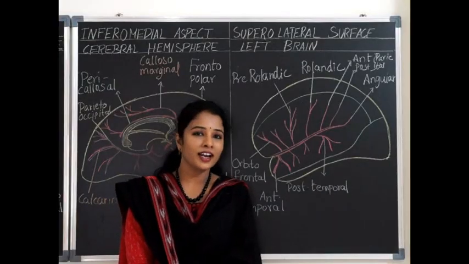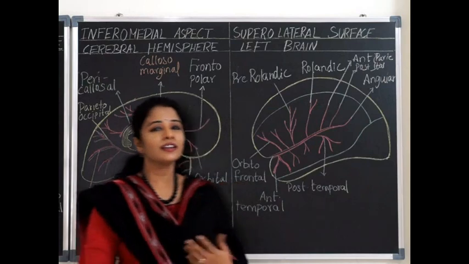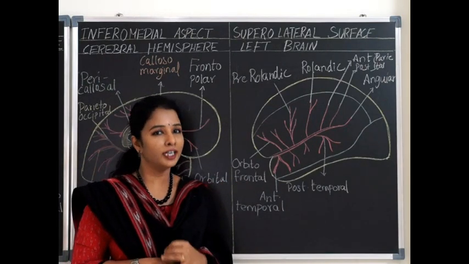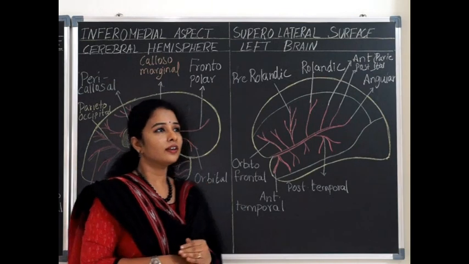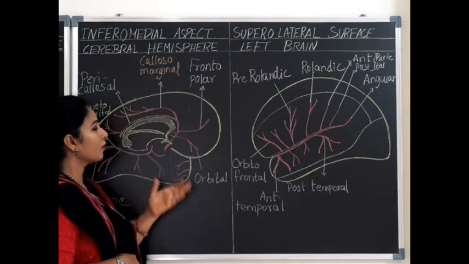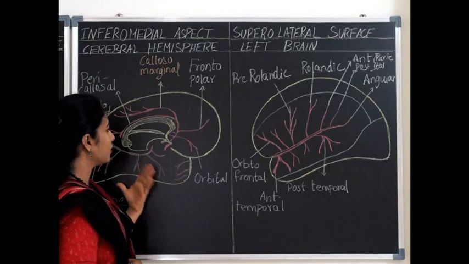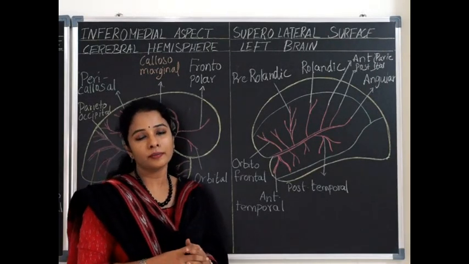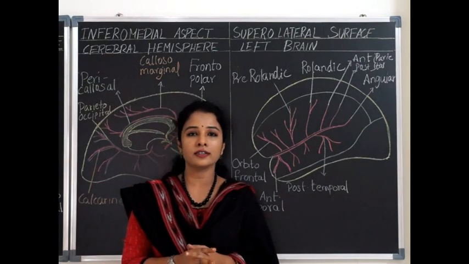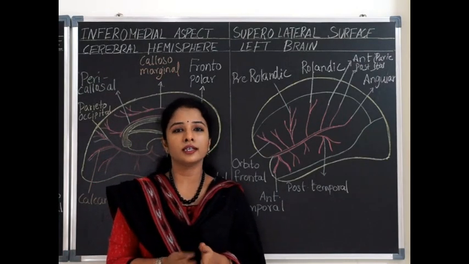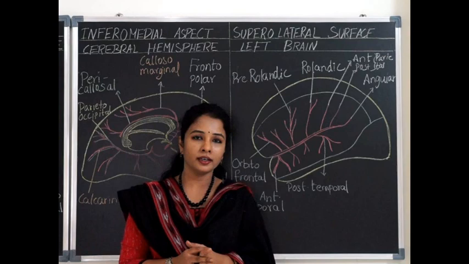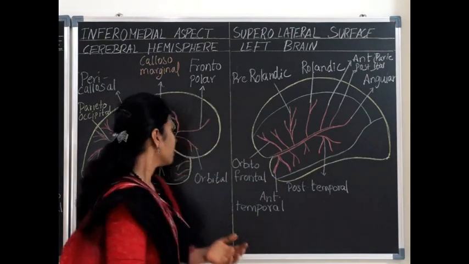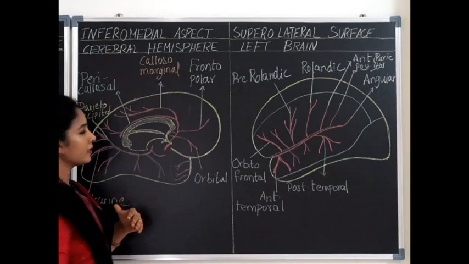Now see the fate of anterior cerebral artery. The anterior cerebral artery is a smaller terminal branch of internal carotid artery, and it runs to the medial side of the brain to supply the major part of the medial side of the brain. We have already seen that the right and left anterior cerebral arteries communicate with each other by the anterior communicating artery, completing the circulus arteriosus. Let's see the fate of anterior cerebral artery.